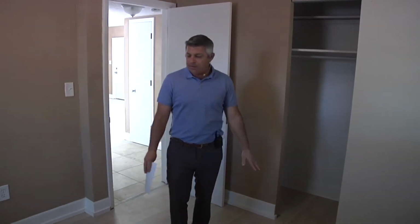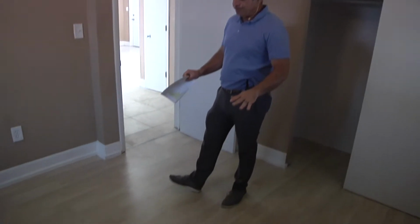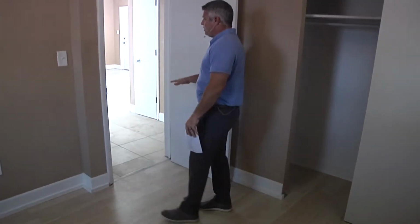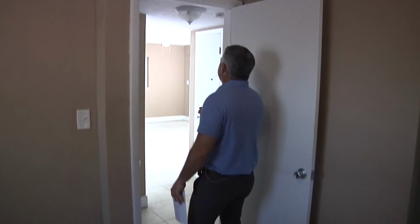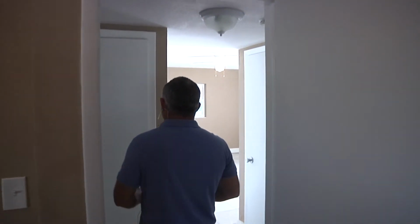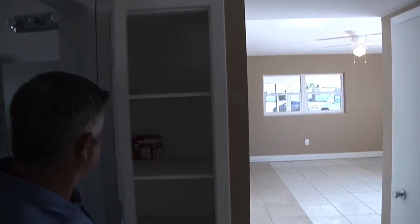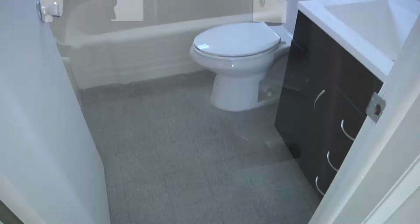Vinyl flooring on the, laminate flooring on the floor. As we come back out in here to the tiled area, you're going to have light above. You're going to have a linen closet right here. 1, 2, 3 shelves. And as you come back into here, this is your single bathroom